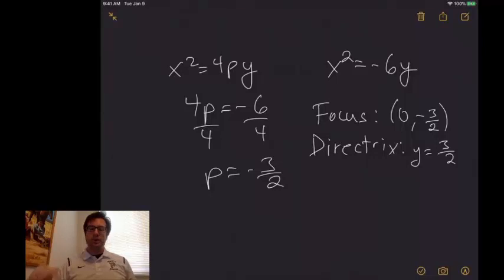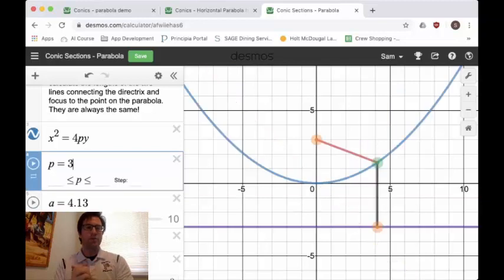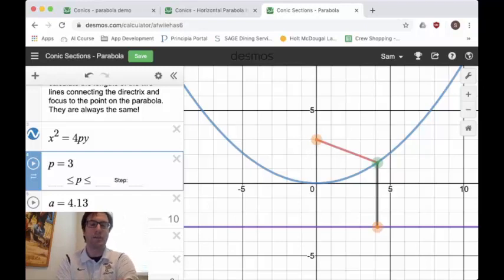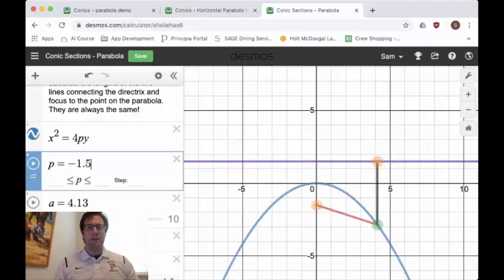So just to show you back on Desmos, okay, we did two examples. We did one where it was x squared equals 12y. And so if I make p equal to 3, we can see that 3 times 4 is 12. And we can see on the graph that the focus is at (0, 3), and the directrix is at y equals -3. And then if I make this p equal to -1.5, all right, now the parabola is opening down,